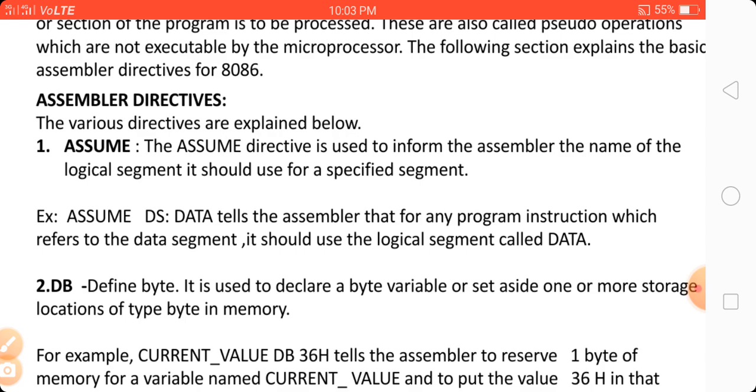For example, ASSUME DS:DATA tells the assembler that for any program instruction which refers to the data segment, it should use the logical segment called data.